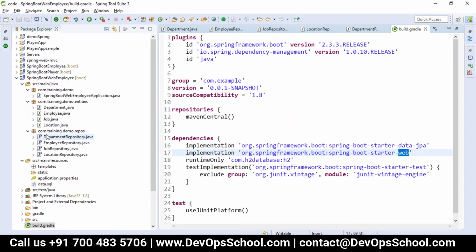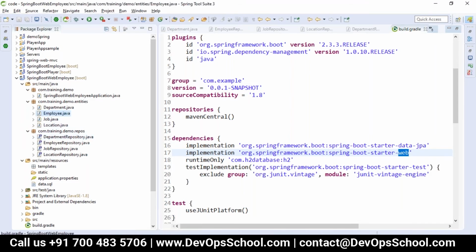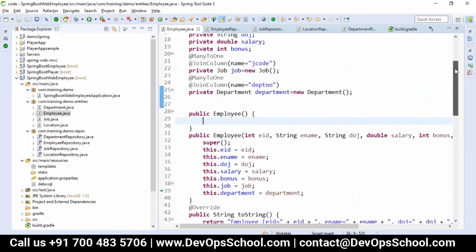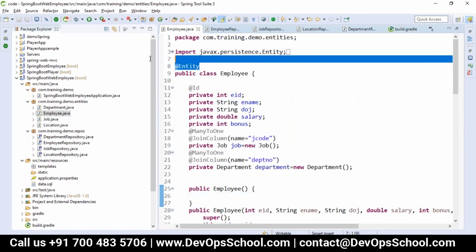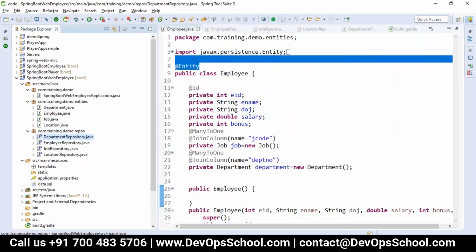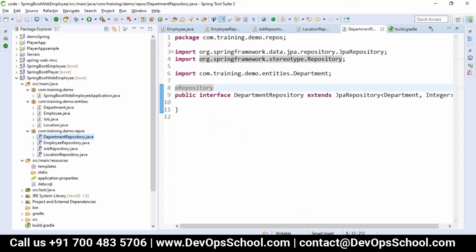If it is a Spring layer, we will use it as a component. As it is a Hibernate layer or the entities, we are making the annotation with @Entity, which is not a part of Spring, which is part of Hibernate. Then in the repository, you can go with either JDBC or Java, that is in Hibernate. So we are using JPA repositories to take care of all your CRUD operations. All the repositories are ready.